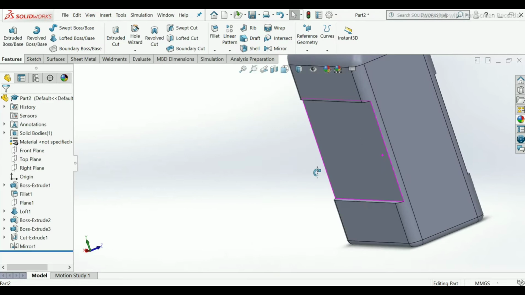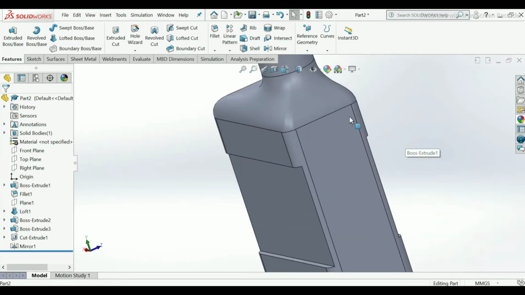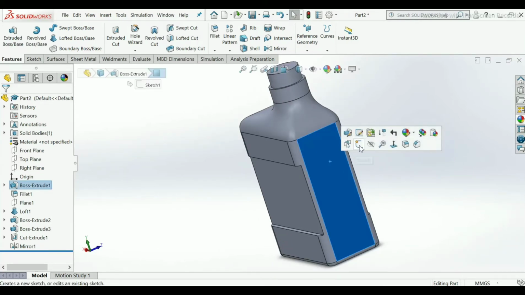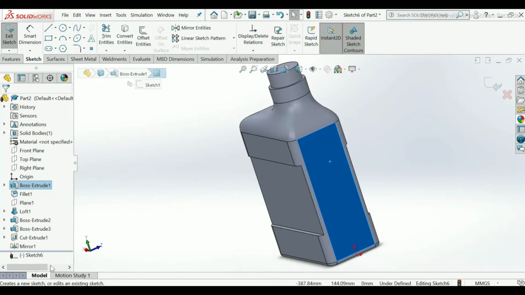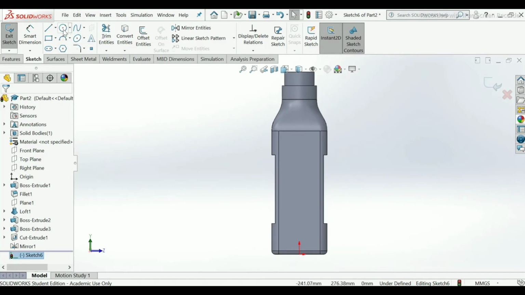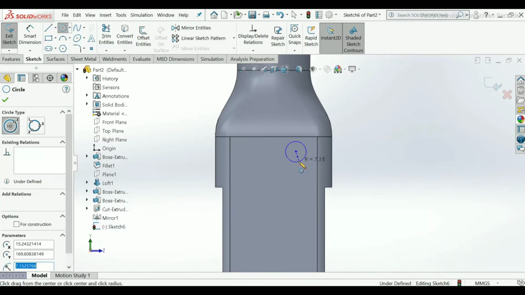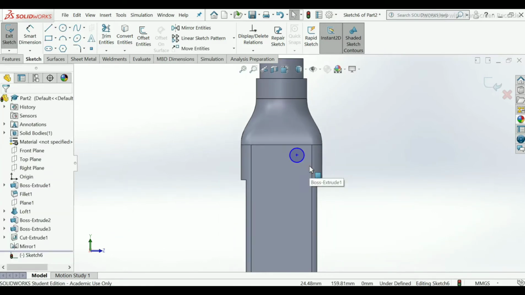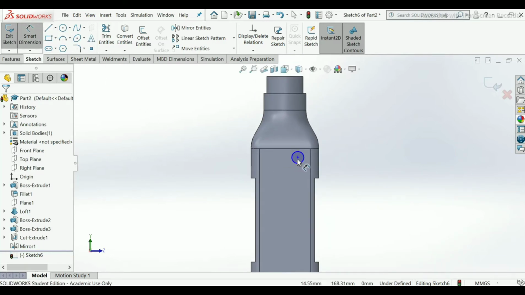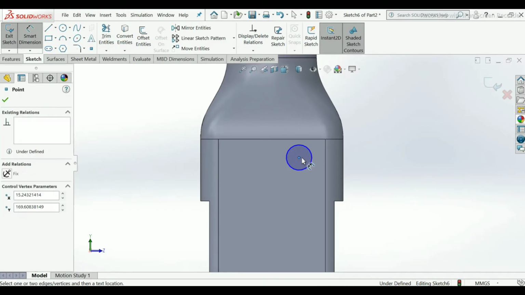In this portion and this portion I will use extrusion and dome and fill pattern. So choose this plane, sketch, normal to profile, select circle, apply smart dimension, choose vertical and horizontal distance.